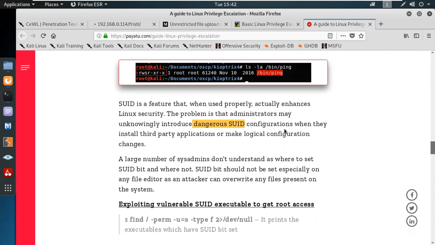The SUID configuration happens when they install third-party applications or make logical configuration changes. A large number of system admins don't understand where to set the SUID bit and where not. The set user ID bit should not be set especially on any file editor, or the attacker can overwrite any files on the system. See,